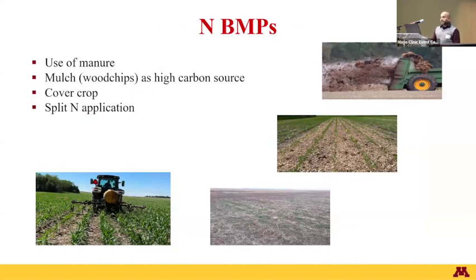So some of the management practices, if applied correctly, have the potential to alleviate the nitrogen losses as well as improve the crop productivity. For example, use of manure can improve the biological as well as physical characteristics of the soil, as well as improve the crop productivity by supplying the essential nutrients. Wood chips, when used as mulch, can act as a high carbon source and can improve the physical property of the soil, as well as reduce the nitrogen losses by tying up some of the nitrogen